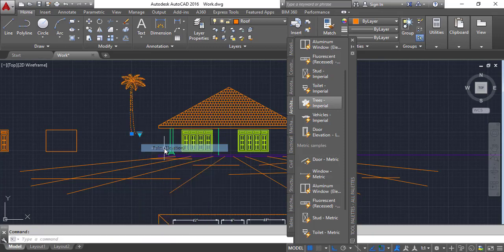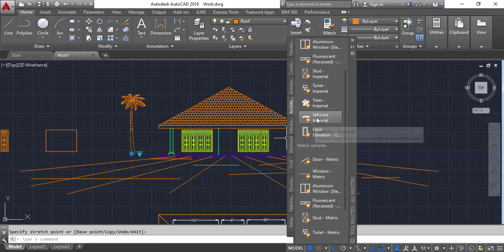You can use the elevation, or you can change the layers also. Vehicle,